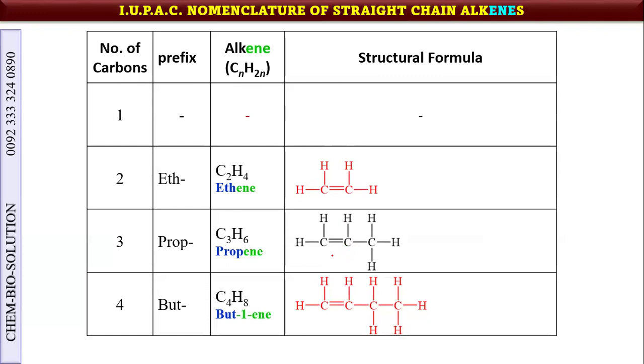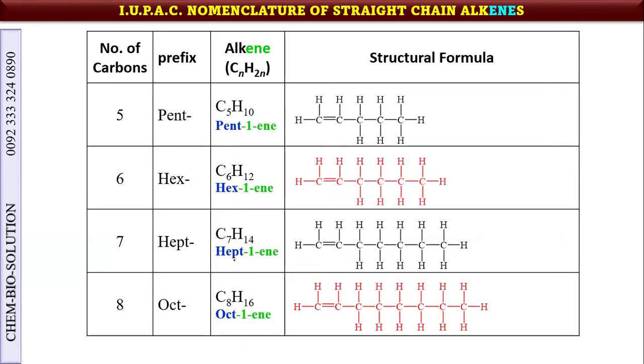So two hydrogen atoms are fewer than in an alkane. So that was the plus two. It has been removed. So CnH2n. So this is alkene. Ethene. It starts from ethene because a carbon-carbon double bond is necessary, so at least two carbons must be there. So ethene, propene, butene,